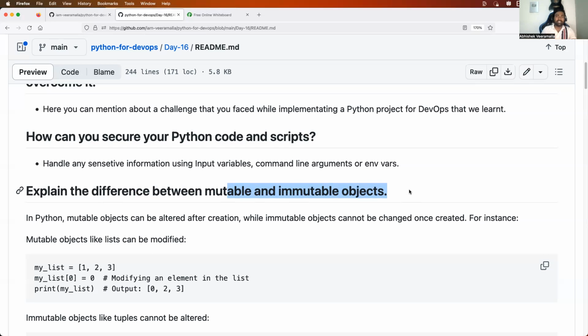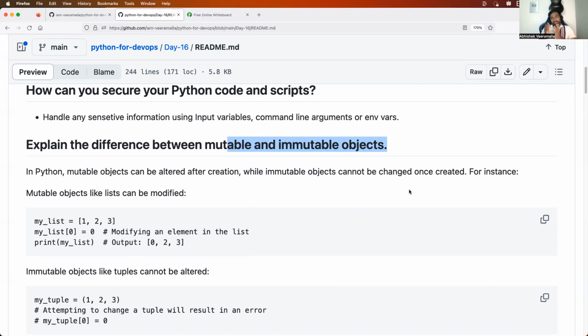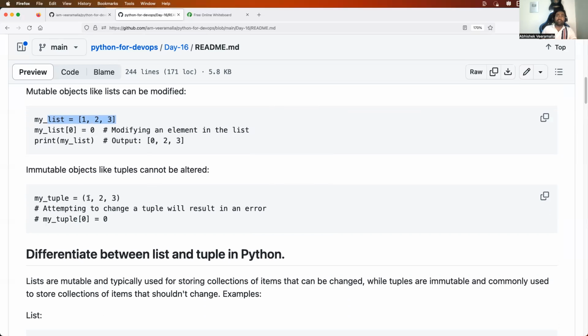So here again, you need to explain that, okay, in Python there are mutable objects and there are immutable objects. For example, I can explain lists. Lists are mutable, where you can modify the object once created. You can give one example where you say you have a list of numbers and you want to add one more number, or you have a list of students and you want to add one more student. Then you have immutable objects such as tuples. And here what you will try to explain is that tuples are immutable, where once you create a tuple, you cannot